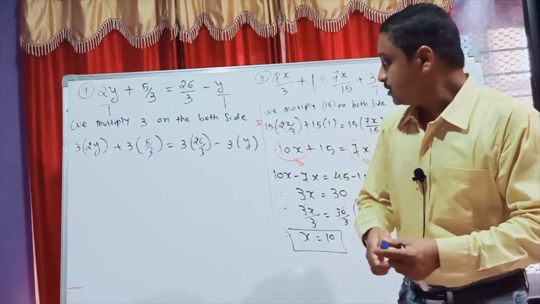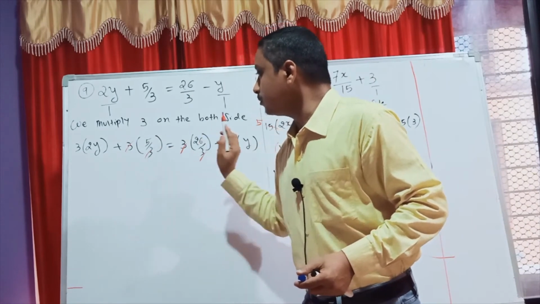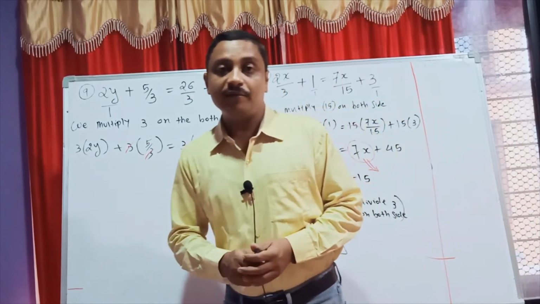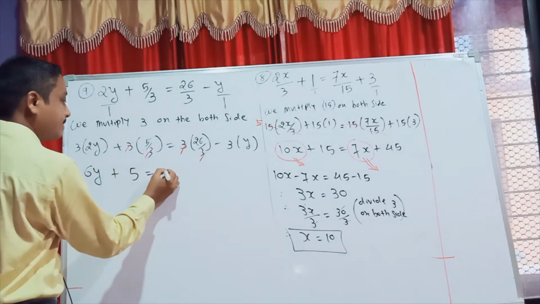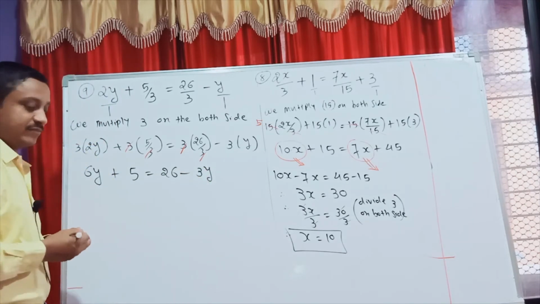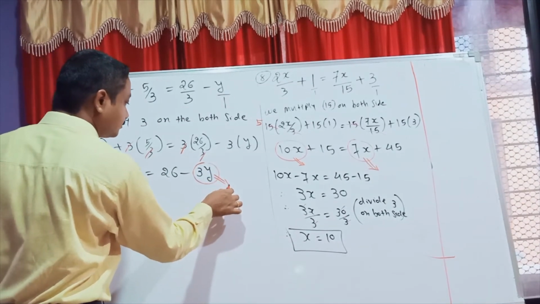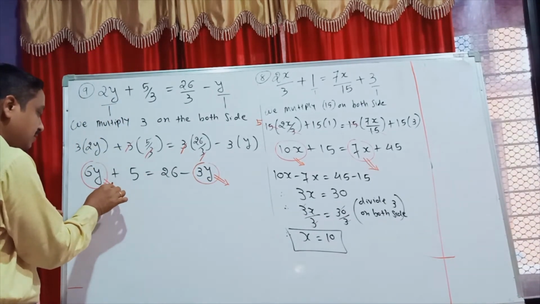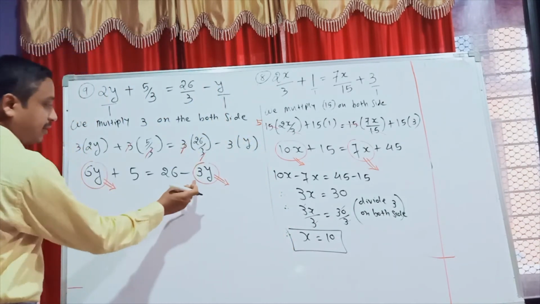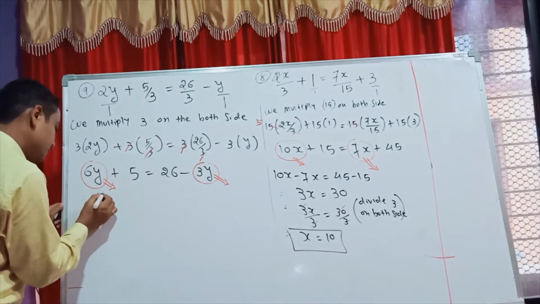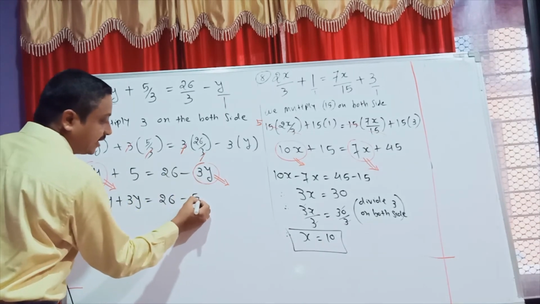Now students, finally this 3 and this 3 gone. Again 3 and 3 gone. So how much is remaining? Yes, it is 6y, 5, 26, 3y. One more time, repeat, students. Where are our two variables? One is this variable and one is this variable. So students, always highlight our variables in your mind. And minus 3y, moving right side to left side. So 6y plus 3y, 26 same, and this 5 converts to the right side, it is minus 5.